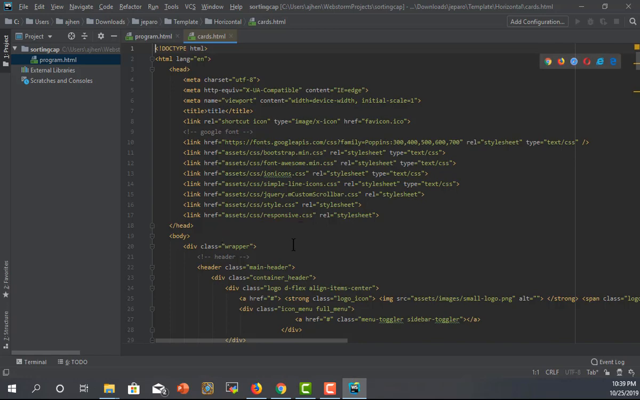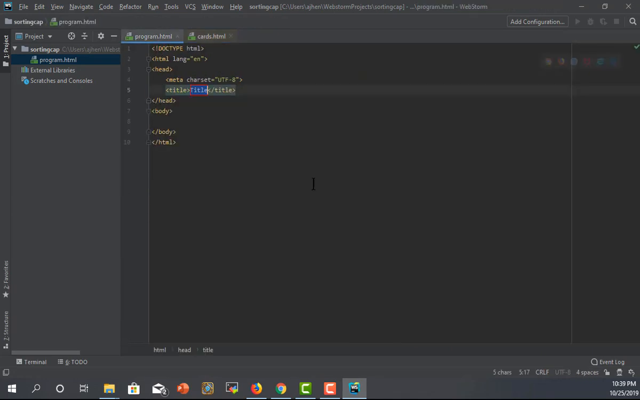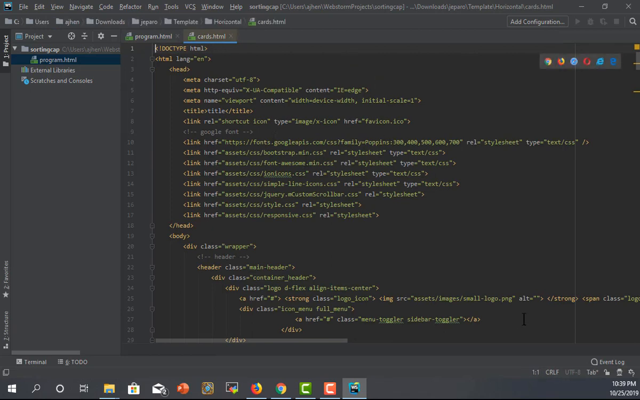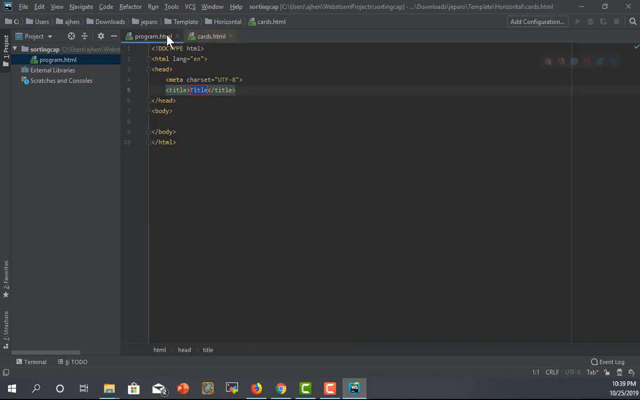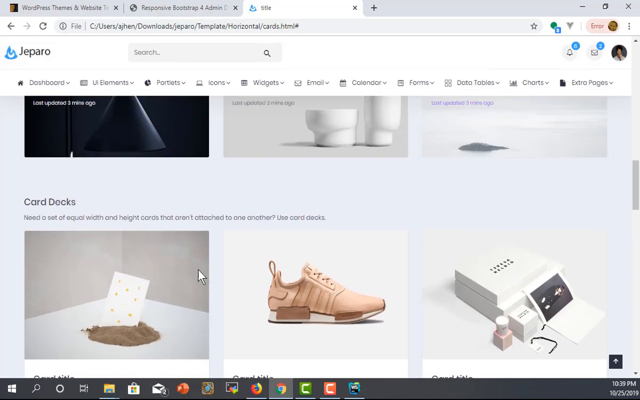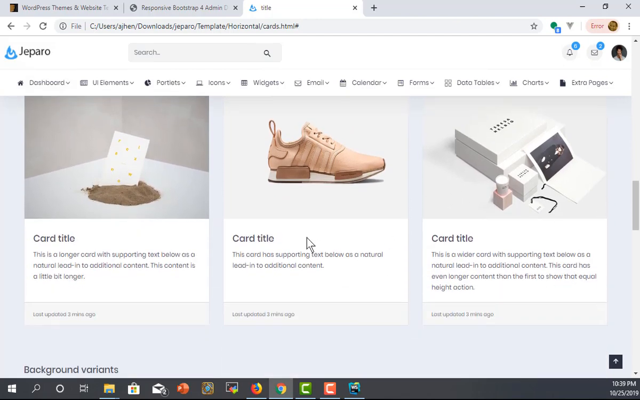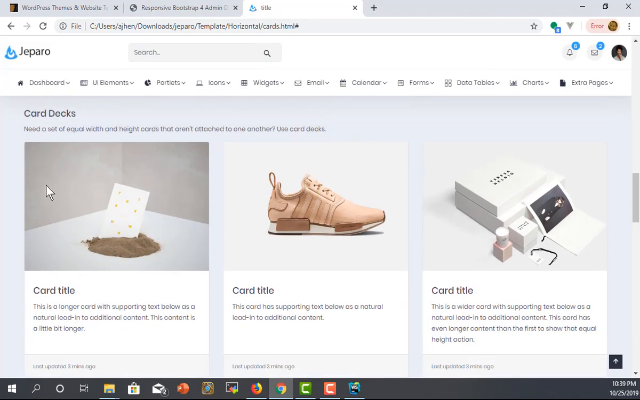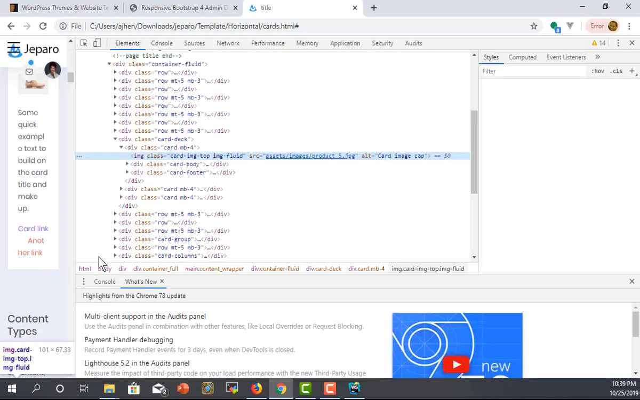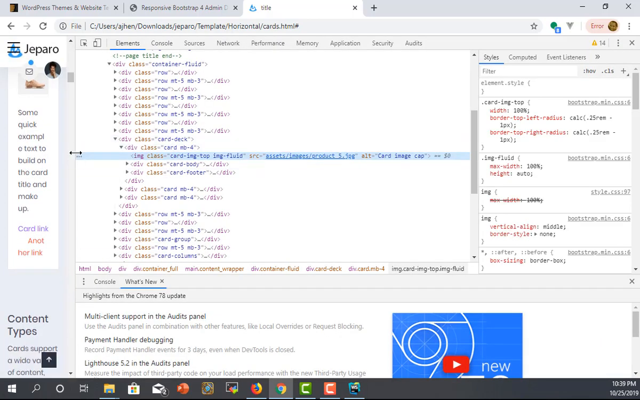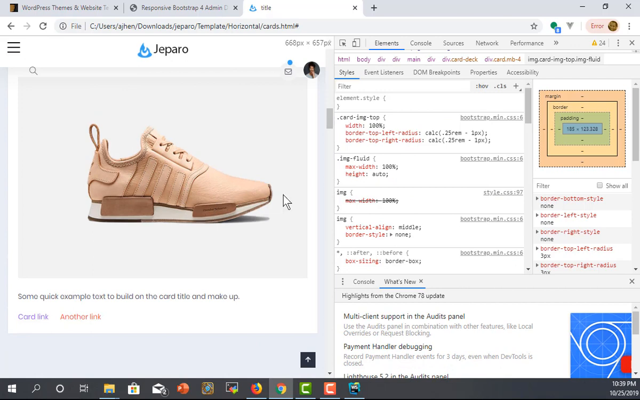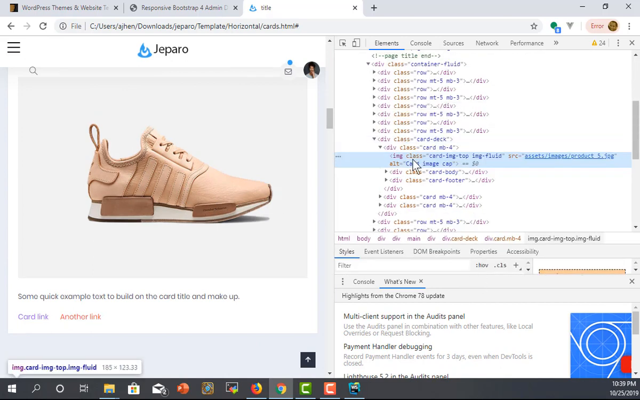So here's my cards.html and here's my program.html, and I want to move everything over here into the other one. Well, not everything, but the relevant parts. So how do I figure out what the relevant parts are? I go down to what I want. Right here, these card decks, this is what I said I was going to use. If you right click and hit inspect, it'll show you exactly where that particular item you're clicking on is in the code. So I can see that this card deck information